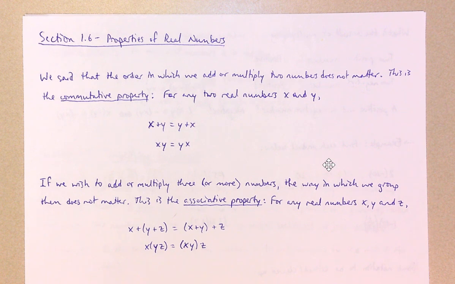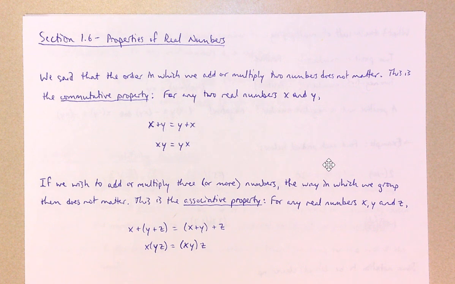Next property: if we're going to add or multiply 3 or more numbers, we may choose to group 2 of those numbers and have that sum or product be done first before we take care of the rest of the quantity that we have. Well, when we're adding or multiplying, it doesn't matter in which way we group those numbers. And when we don't care about in which way we group those numbers, the name for this property is called the